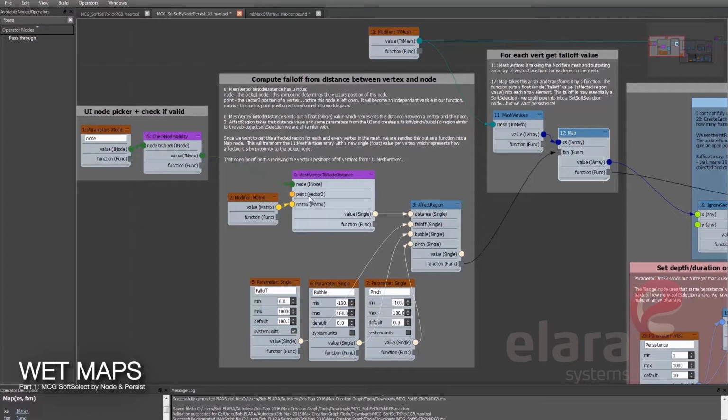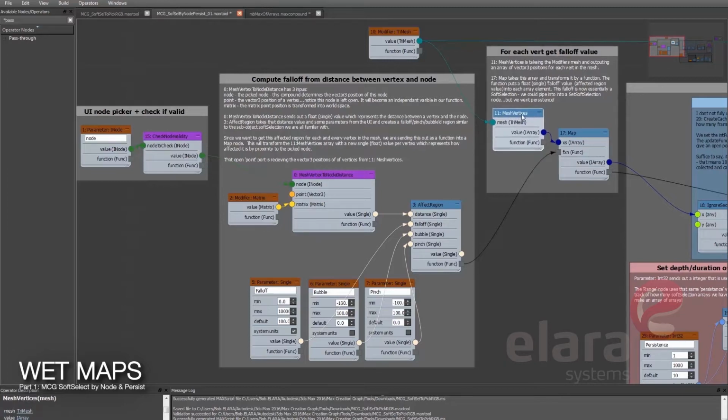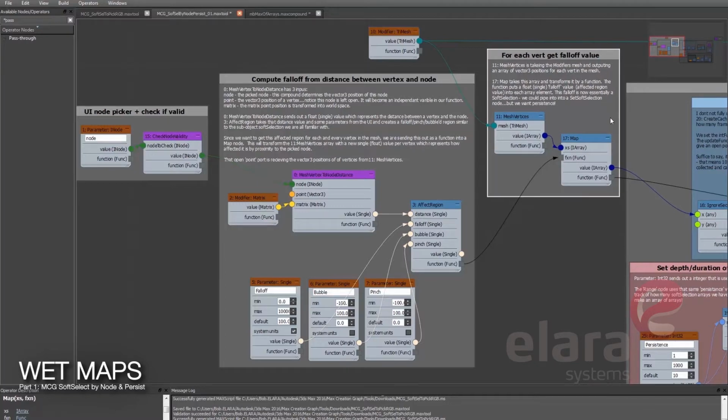So one way to think about it is this vector 3 is receiving vector 3 positions from this node 11, mesh vertices, and it is using them as we map this effect region onto each one of these vertices. Our second little grouping here is for each vert, get falloff value.